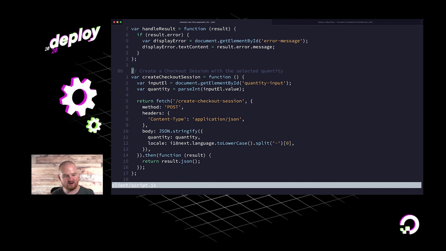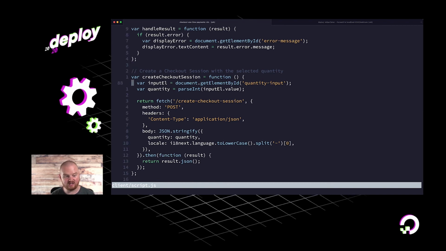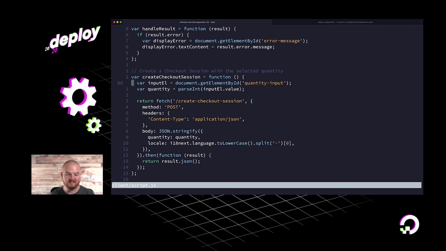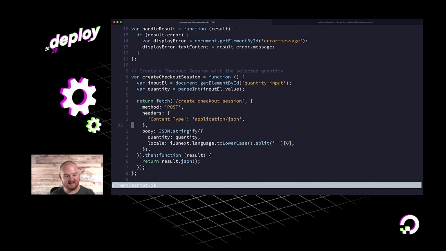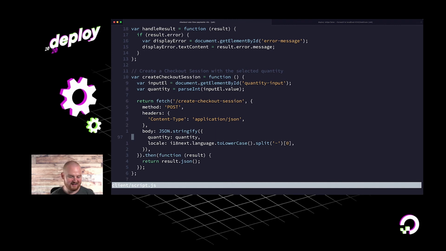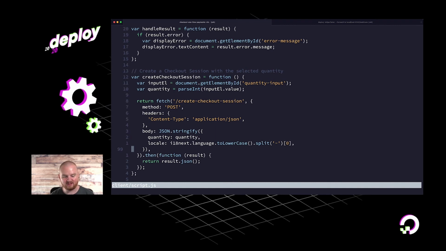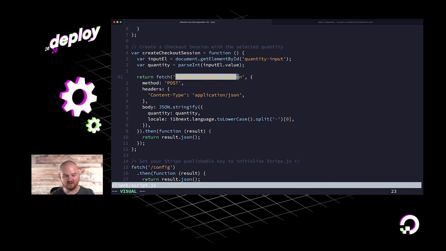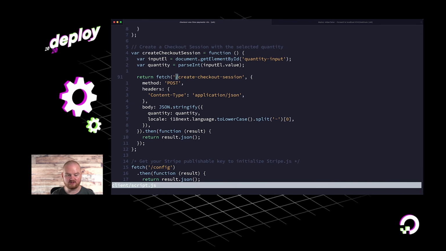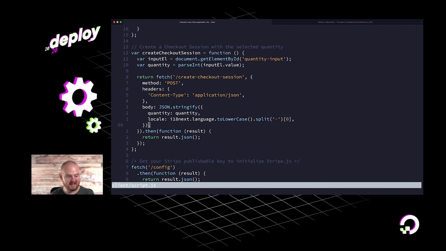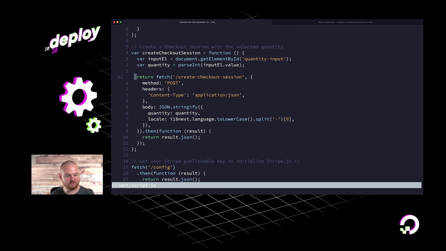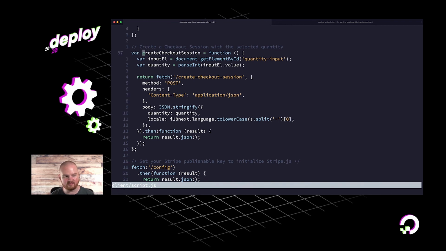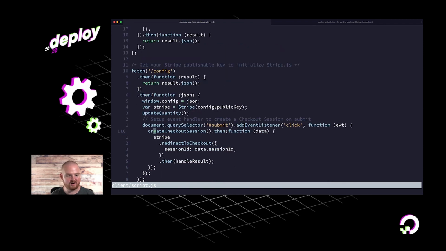This is the function that we're calling on the front end to create a checkout session. You'll notice that we're grabbing that input element for the quantity, the number of photos we want to purchase, and then we're sending that to the back end as part of our post body. We're also including the locale. So this will make that request to our server. It's sending that post request to our server that's going to create the checkout session. And here at the bottom, we're just going to return the entire result of fetch. So we're going to return a promise from this create checkout session function.